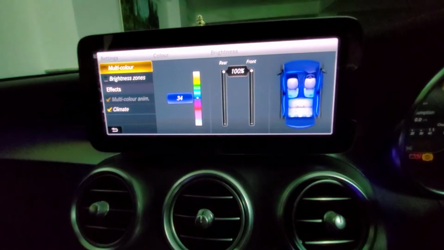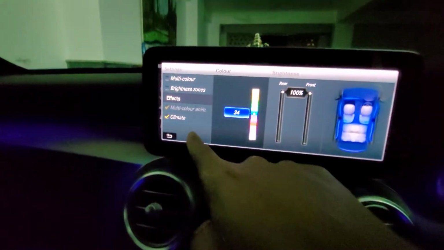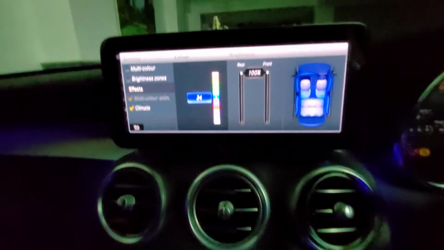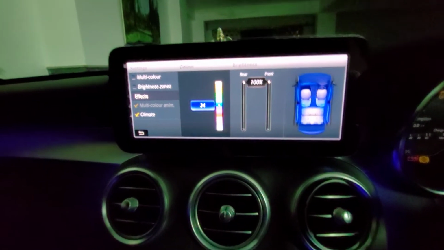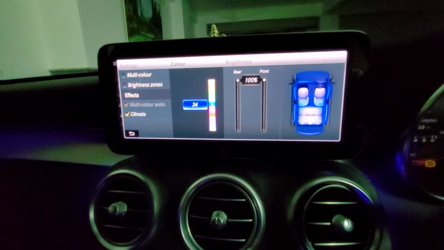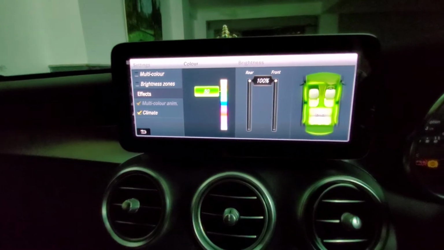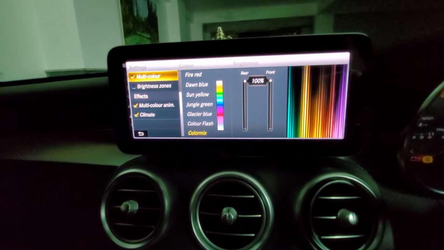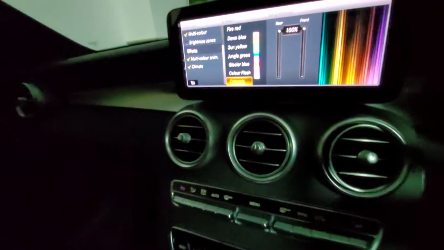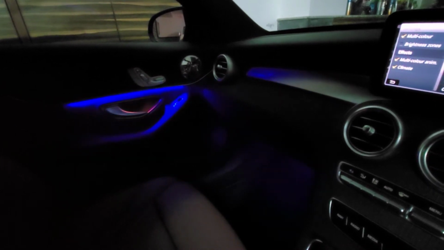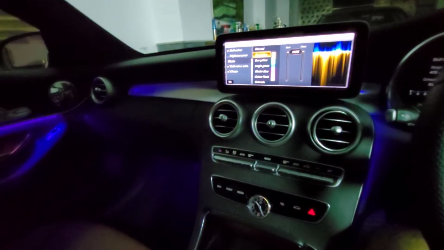For your welcome lights, it's already activated. I can give one more option here as welcome light, but I didn't put it because, as you know, I want to keep my welcome lights customized. So what I do is, I go here and change the color to whichever color I want, and I press it. After pressing this, I just go to the multicolor and I can go to the fire dawn. Okay, now let's see. If I go to the fire dawn, it lights up. Okay, you can see. If I go to the blue, dawn blue activates.